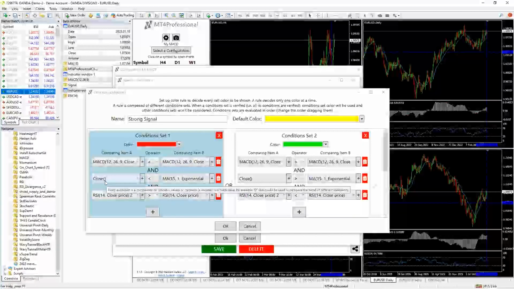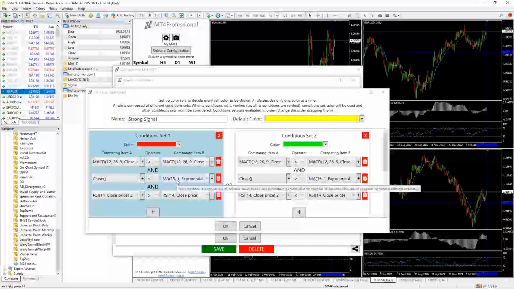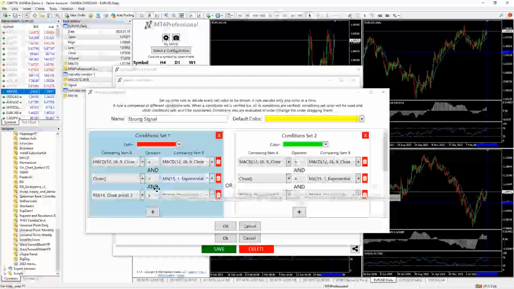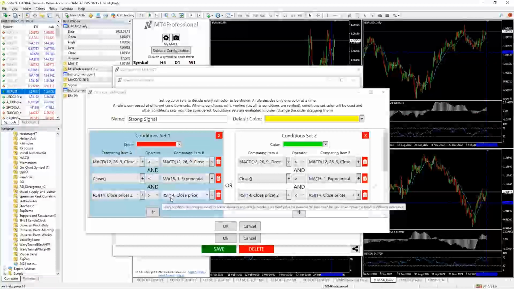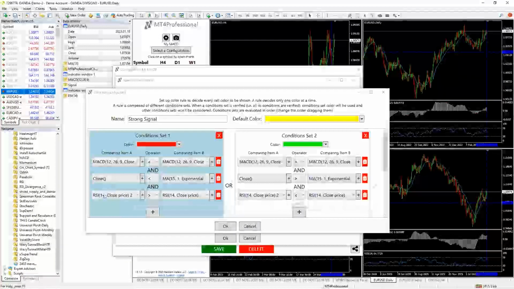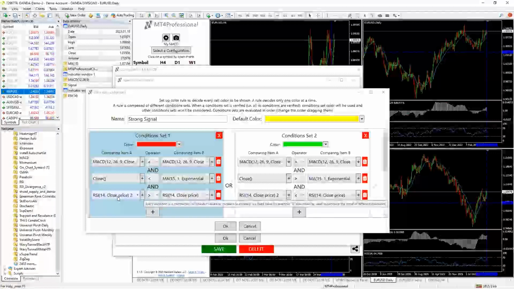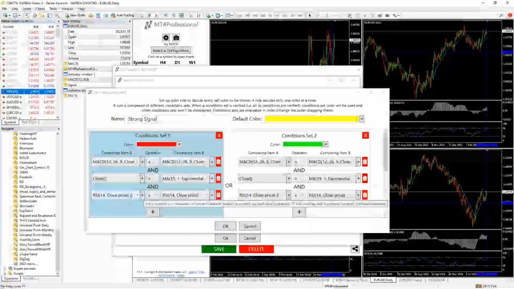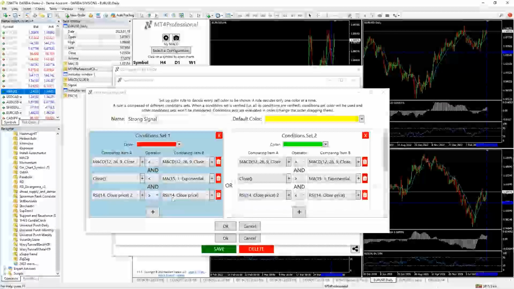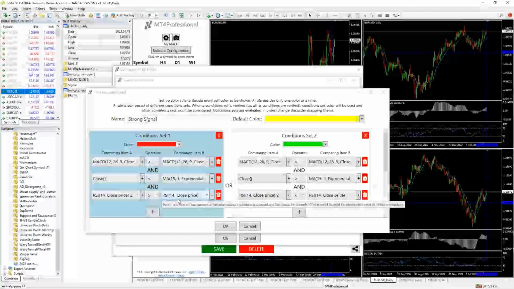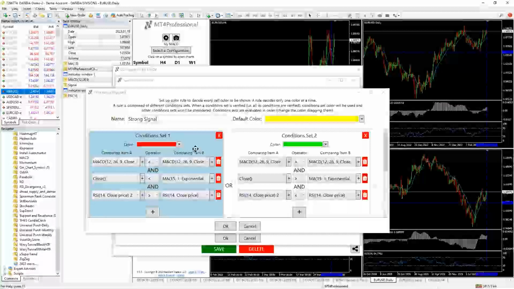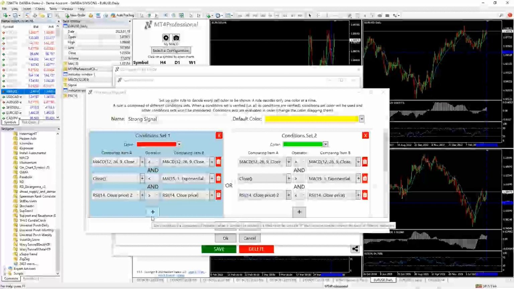I'm also looking to see if close of price is less than my 15 period exponential moving average. I'm also looking to see the slope of the relative strength is negative. So that means that the current relative strength right here has to be less than the previous value of relative strength. So the relative strength 2 bars ago has to be greater than the current relative strength. And if that's the case, the output will be negative, red, bearish. I want to be able to see that if these conditions are true.